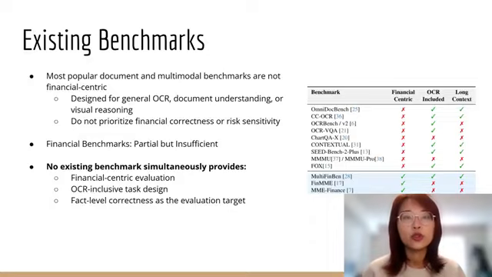And therefore, we dive into the literature review, and we find that there are, in general, two different types of benchmarks related to financial OCR. The first is the general domain OCR benchmarks, which contain a lot of fine-grained tasks, such as document understanding and visual reasoning. But the problem with that is they don't prioritize financial correctness or risk sensitivity, which means that they did not address the unique challenges that we have just discussed in finance. And therefore, we dive into